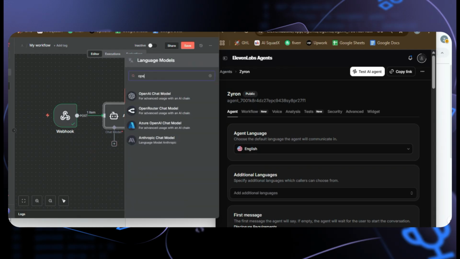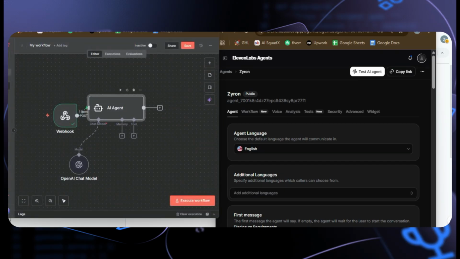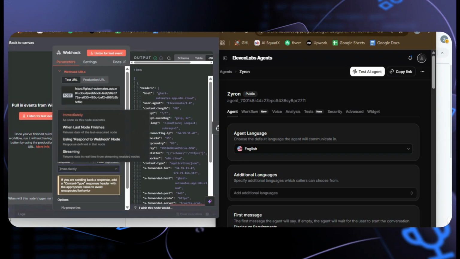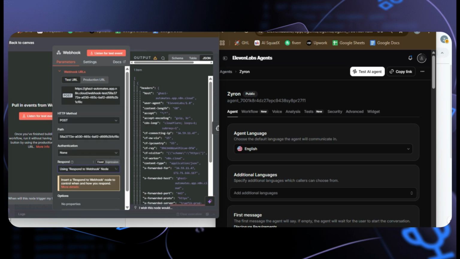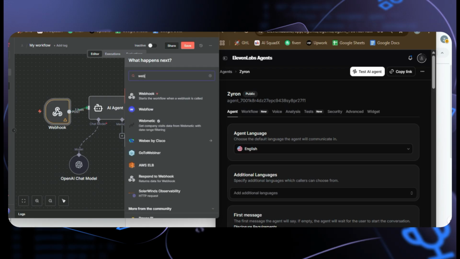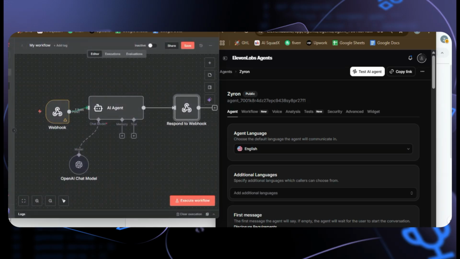Now I am not giving any tool to this, but you can do this. And first here you can see respond immediately, or there is one more node in n8n: one is to receive the message or data, and one is to send the data. So I will use respond, and we have to add one more webhook, that is respond to webhook. So now it will send the data by using respond to webhook.